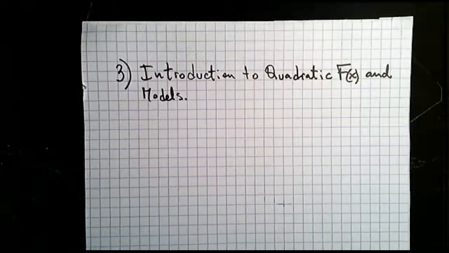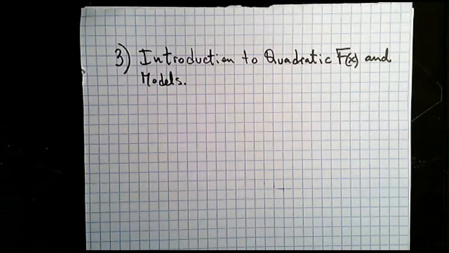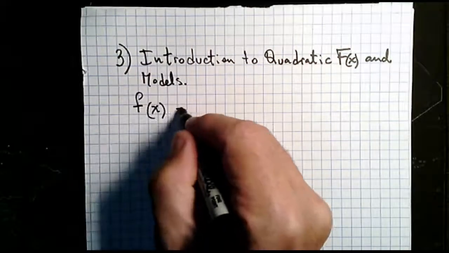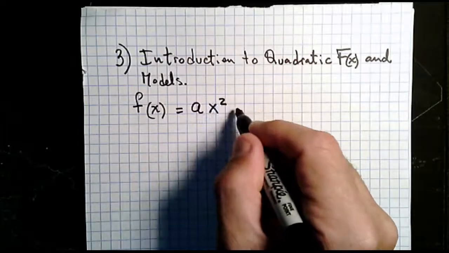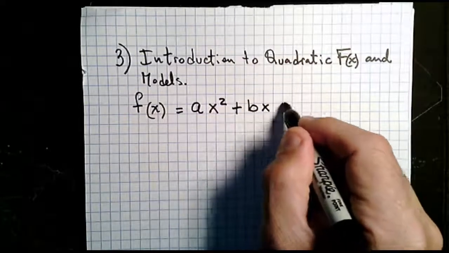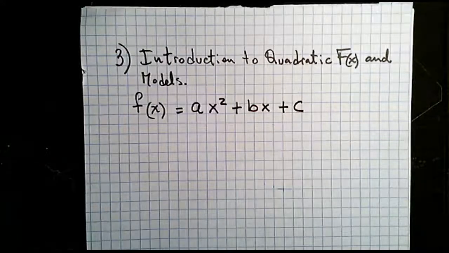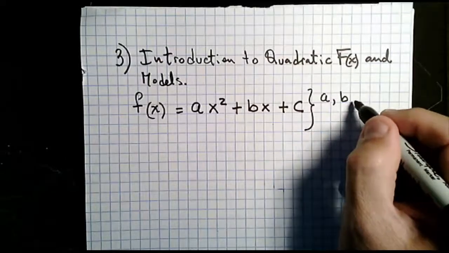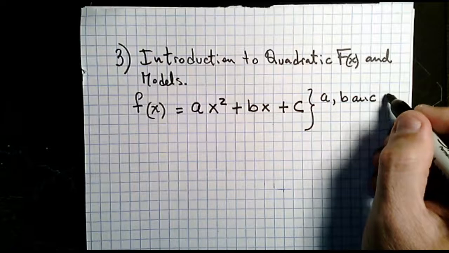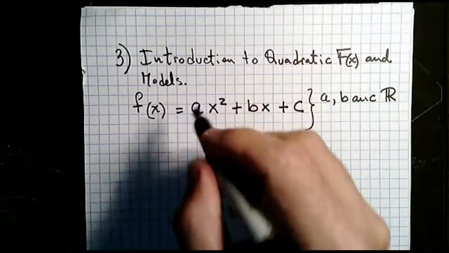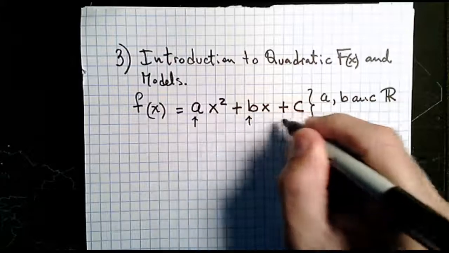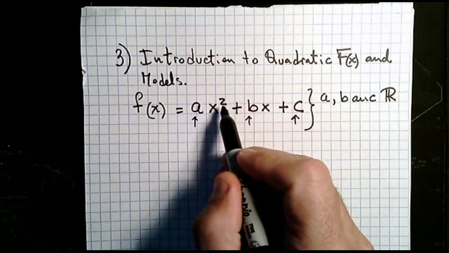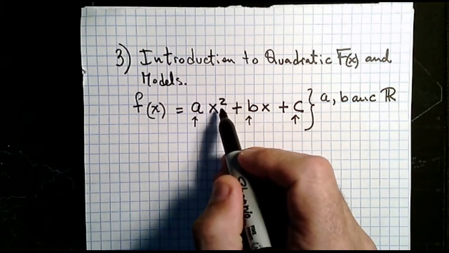Okay, so number 3, introduction to quadratic functions and models. Number 1, we are going to define my function as ax squared plus bx plus c. The condition to do that is that a, b, and c are real numbers, so any number can be a, b, and c. The square tells you that it's not going to be a line, it's going to be a curve